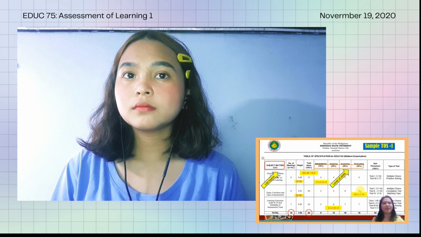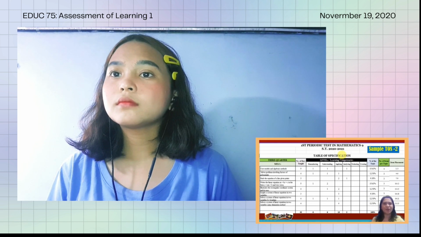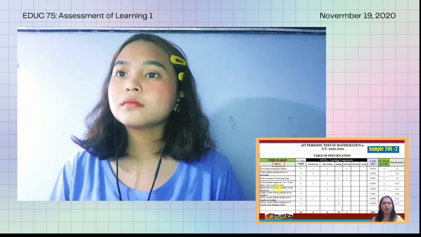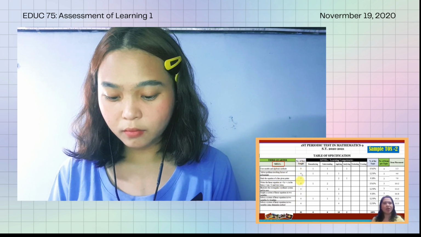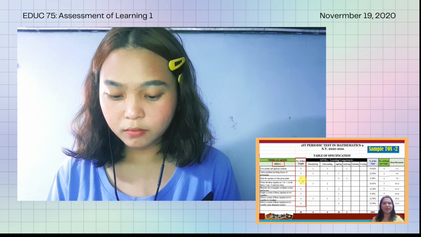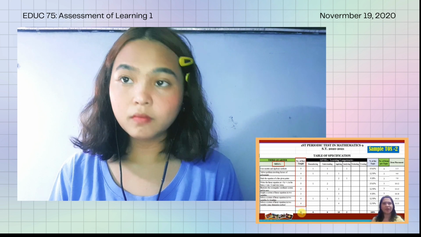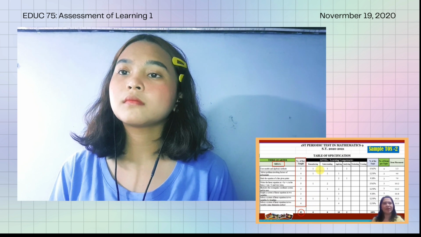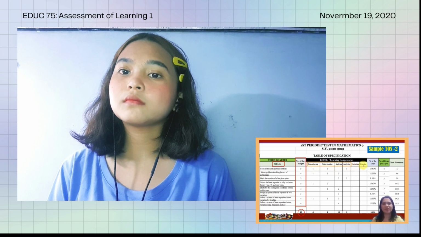This time, let us have another sample TOS from DepEd. In the first column, we place here the most essential learning competencies, or the MELC. Then we reflected the corresponding total number of days taught per MELC on the next column. Thirdly, we add the entries, that is why we have 32. For the next step, we can simply decide which level of cognitive domain that we need to measure. In this example, we excluded the last two levels.